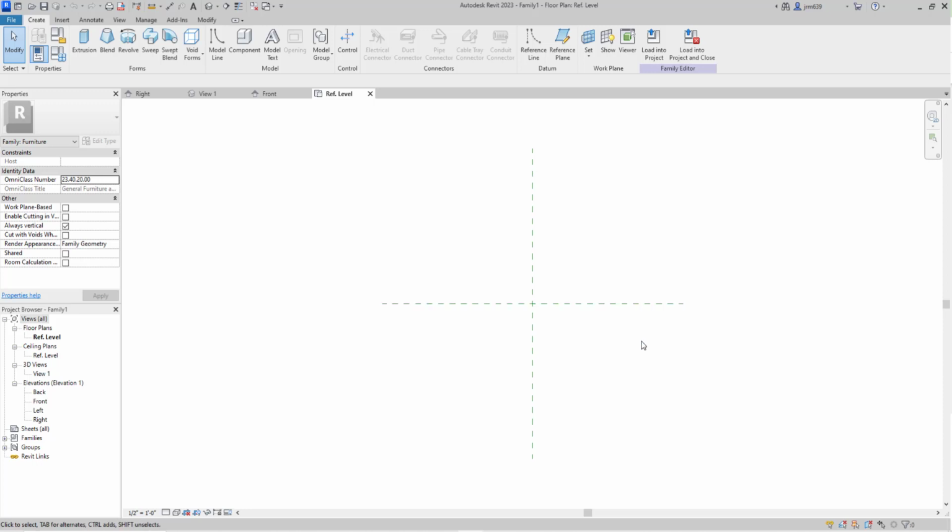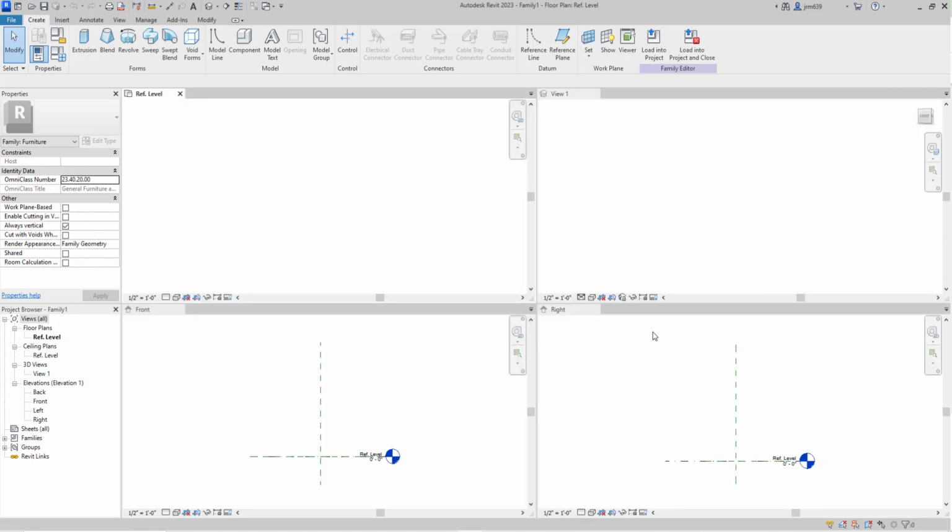Now when you're building models, it's going to help to see the model in many different views, including like the floor plan view, the 3D view, as well as like some elevational views. So here's a little trick in Revit. Type WT. W as in walrus, T as in Titanic. Go ahead and type that. And what happens is you get 4 squares show up. So a reference level is your floor plan view, view 1 is your 3D view, front and right are elevation